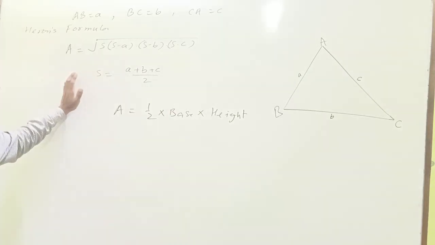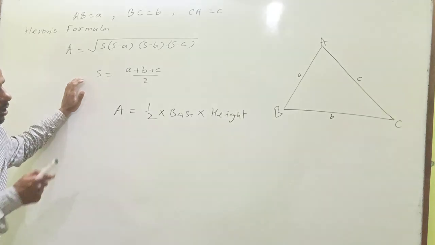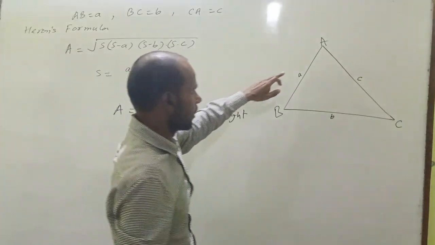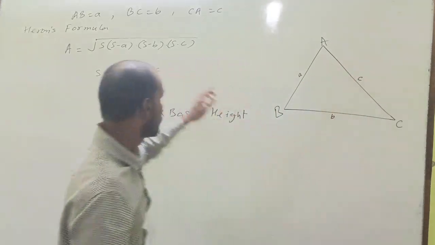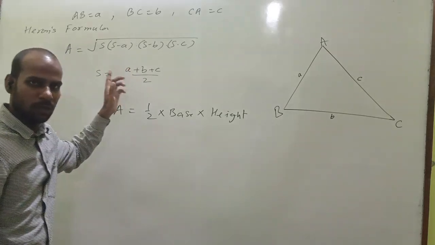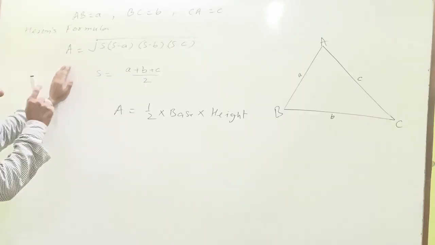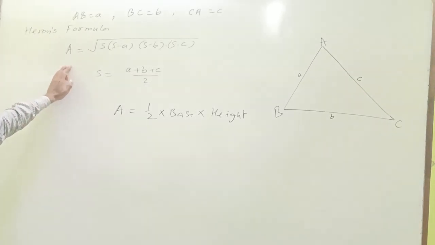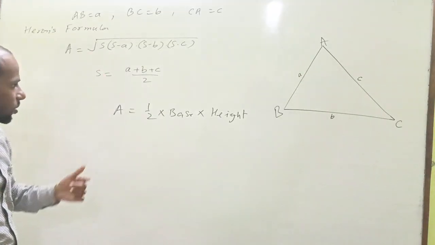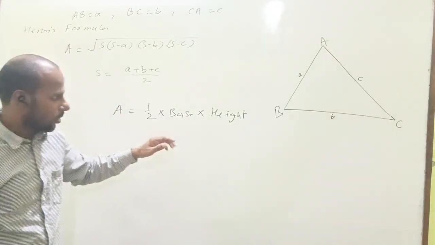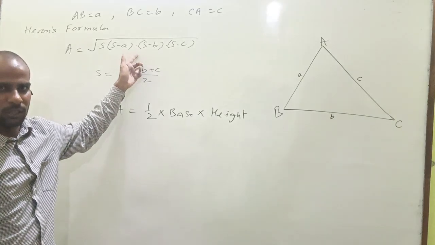But in class 9 and onward, if we have a triangle in which the lengths of the sides are given as AB is equal to A, BC is equal to B and CA is equal to C, then we can use this formula. That is another formula, that is an advantage. We are at an advantage over here. We can use another formula, A is equal to S into S minus A, S minus B and S minus C. Before deriving this formula, I am going to talk about why we need this formula, Heron's formula. Why do we need that?